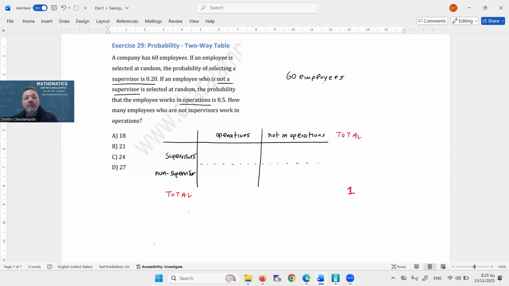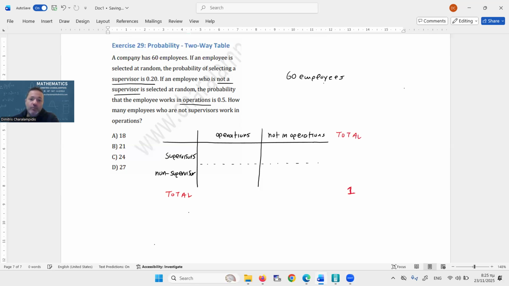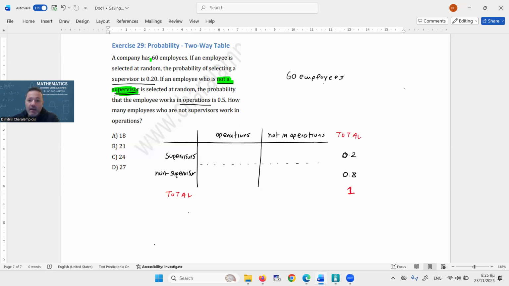The probability of selecting a supervisor, so that's a marginal probability, whether that supervisor is in operations or not, the probability of selecting a supervisor is 0.20. So this means that here we would get 0.20, and that means that here we would get 0.8. If an employee who is not supervisor, so not supervisor, so out of all these, if he is selected at random, the probability that that person works in operations is